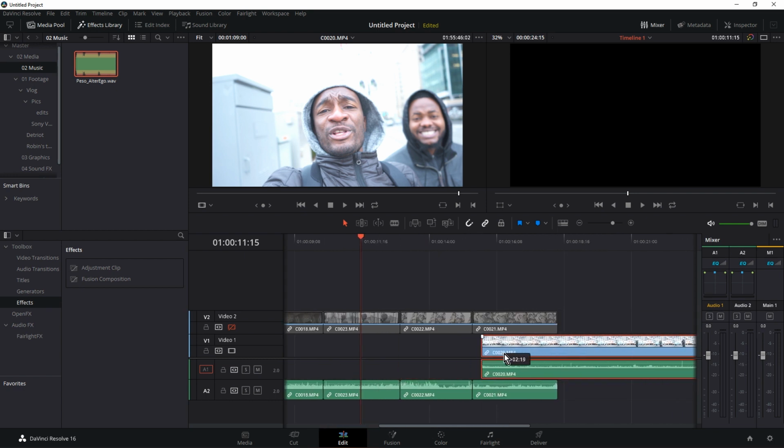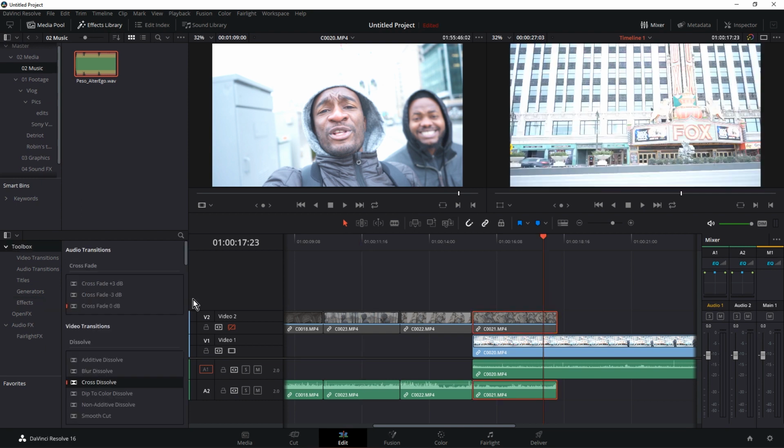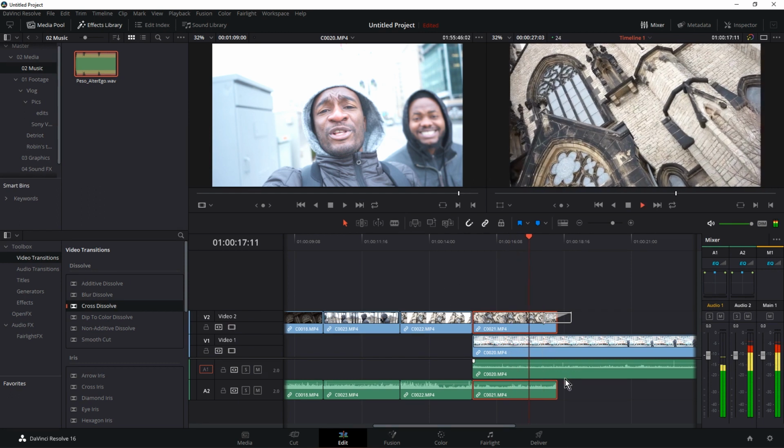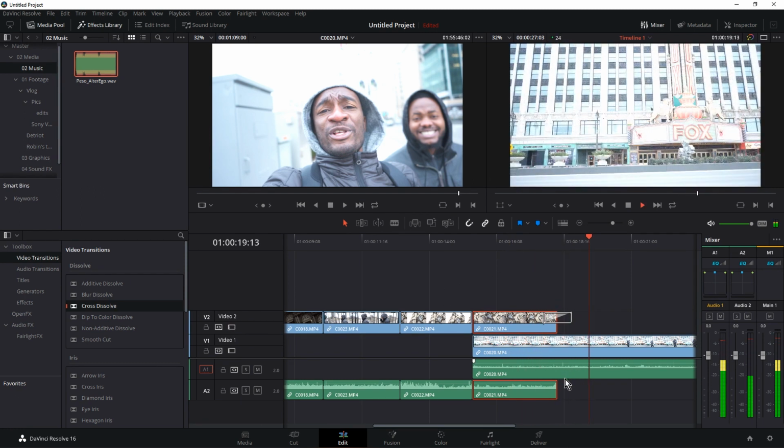And what we're gonna do is at the end here, we're gonna add a cross dissolve right here, okay? So we're gonna go to our effects area over here, video transition, cross dissolve, click and hold, drag it over here, click. Have to remember to take this off so we can actually see what's going on here. Bam, look at that, beautiful transition. Okay,